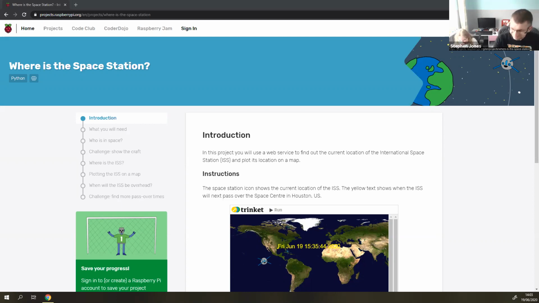Take two. Right, so we're going to be looking at where the International Space Station is. So the instructions we'll be following